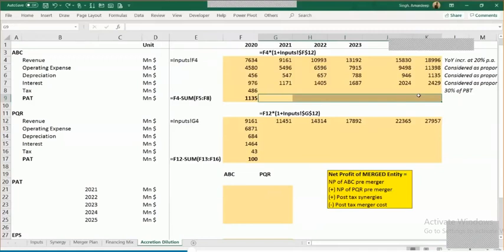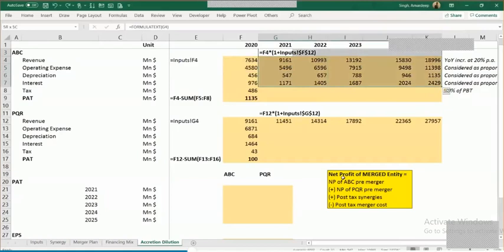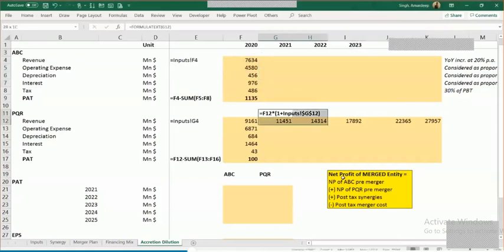I'm just trying to show you that this is how you would compute. Otherwise, I don't need this at all. Right? So we don't need that. In case you would like to skip it, please skip that. It's not essential at all. In this analysis, I'm trying to figure out the net profit only, and eventually the EPS. So what would I do with the revenue, operating expense, and all that stuff? Right? So if you want, as I said, let's ignore it. I just wanted to show you once, and which I've already done.